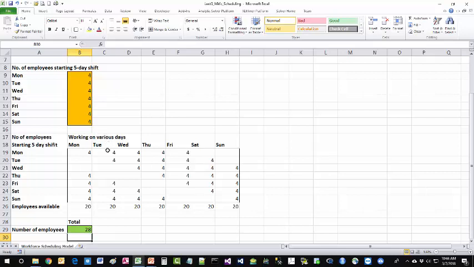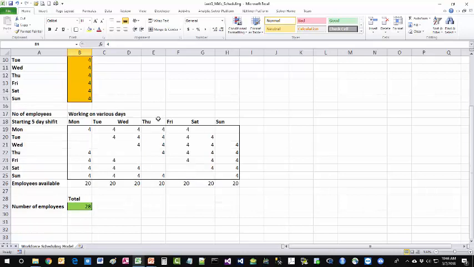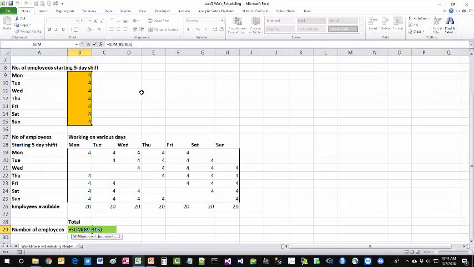So it should be clear that the number of employees starting each shift right here must be integers, just like the number of part-time employees starting each hour in Brewer Services, however you pronounce it, must also be integer decision variables. Continuous variables in neither of these two scheduling examples make sense. Okay, so this is just adding up the number of employees starting each shift. So I'm going to save that,